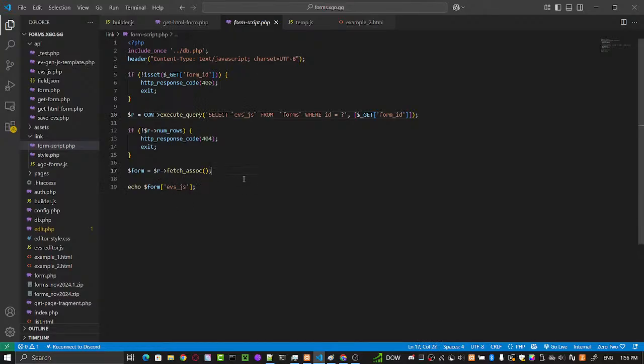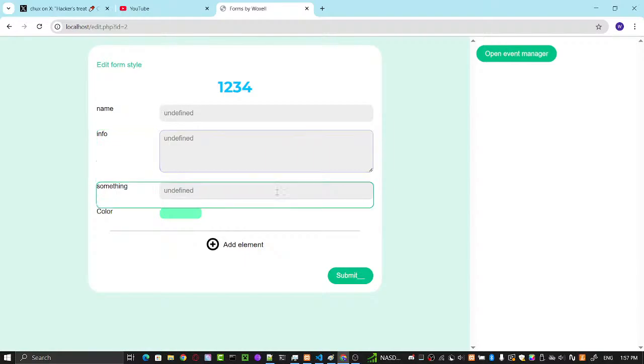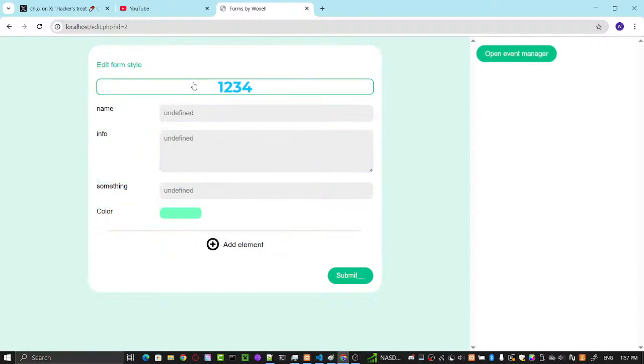And this isn't that great actually. It is a good thing, but there is a little problem here because we can't actually do a front end check if we